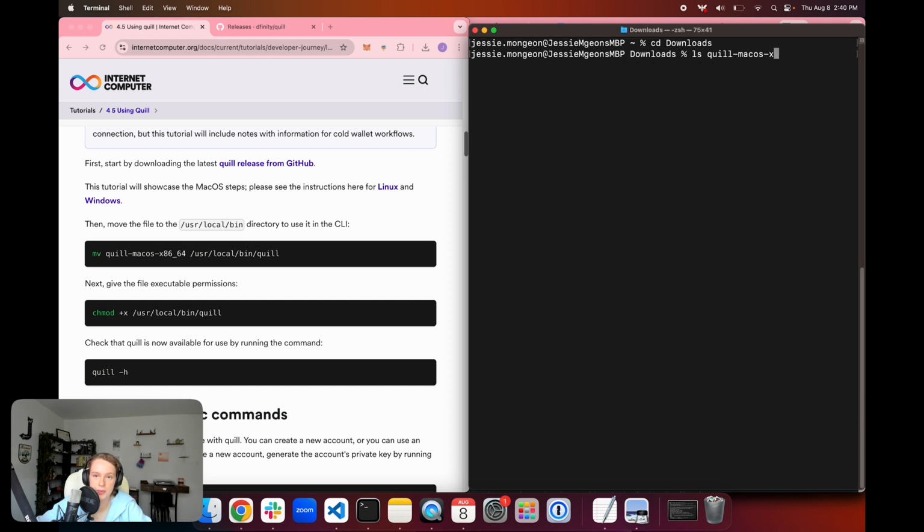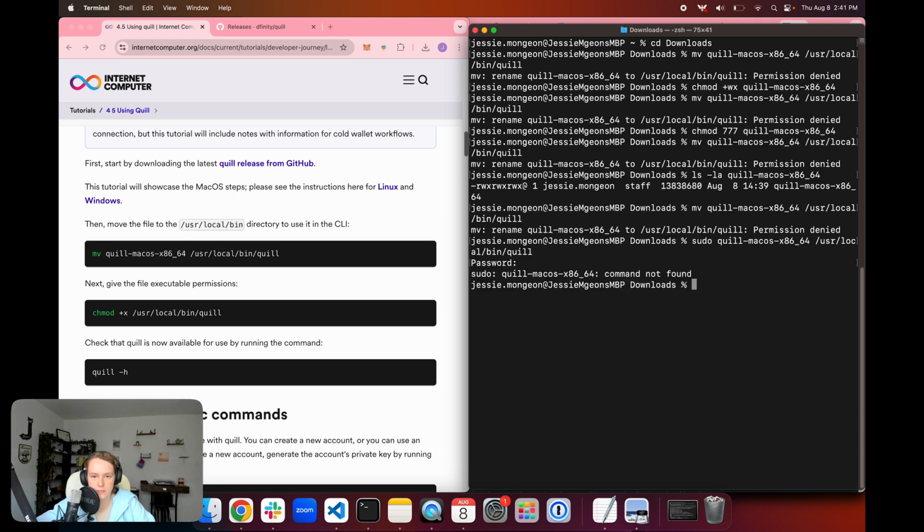And so then I want to go ahead and move this. So I'm going to move Quill x86 to user local bin Quill. Okay, and here we will see that I personally did not have the initial permissions to move that file, and I did have to elevate my user's permissions with the sudo command. So just an important thing to note if you run into a similar permissions denied error based on your local machine. So now I'm going to go ahead and just give myself execute permissions on that user local bin Quill